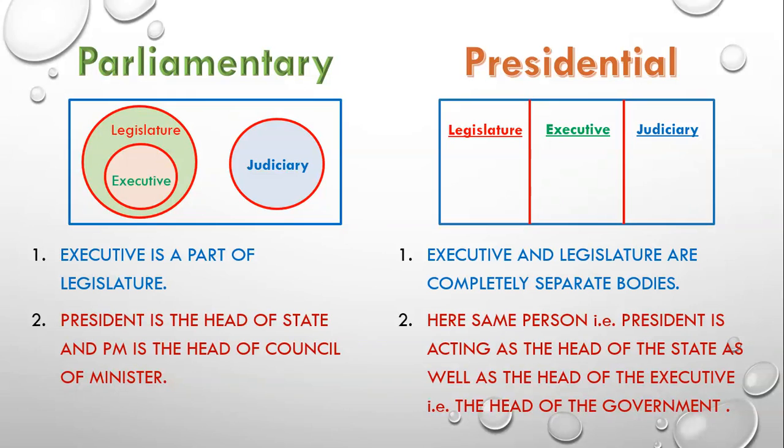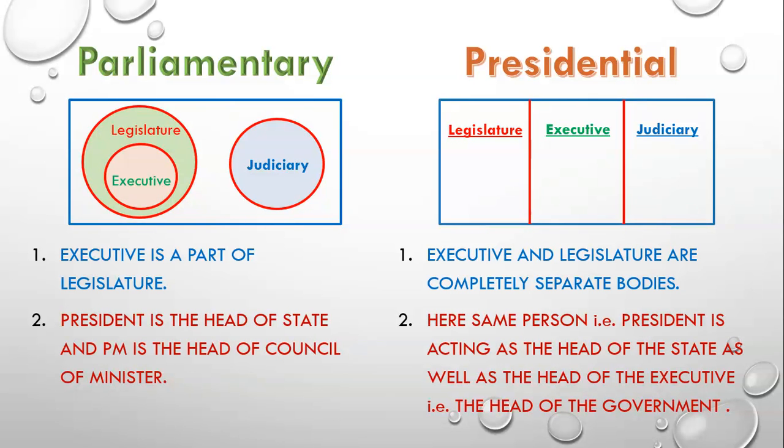The President is the head for namesake. The President has powers for namesake. The President has nominal power and the Council of Ministers has real power, because the President will have to do whatever the Council of Ministers says. And friends, the head of this Council of Ministers is the Prime Minister. The Prime Minister is the boss of the Council of Ministers, meaning the Council of Ministers is in the hands of the Prime Minister. So who is the real boss? The Prime Minister is the real boss.